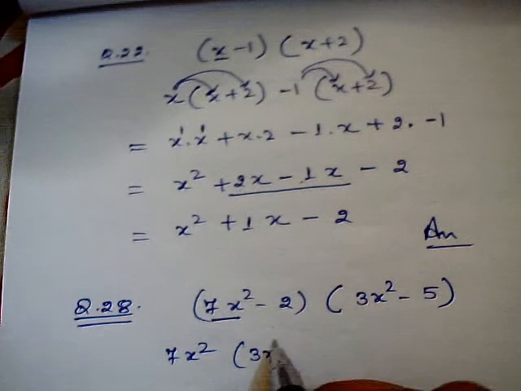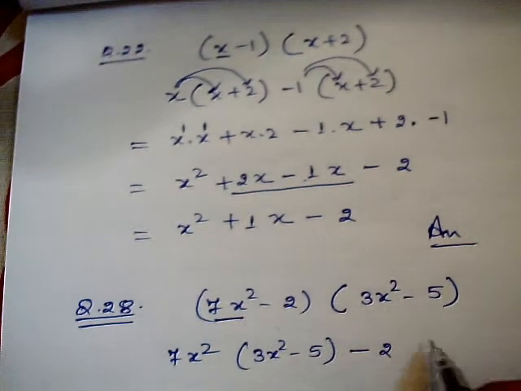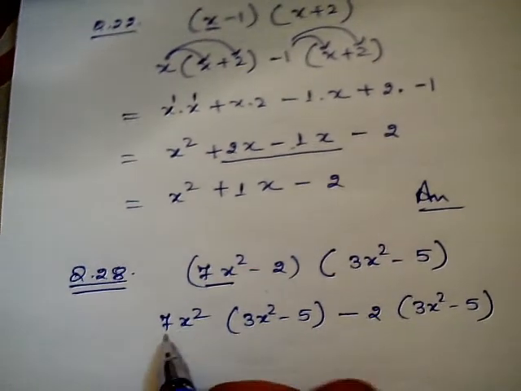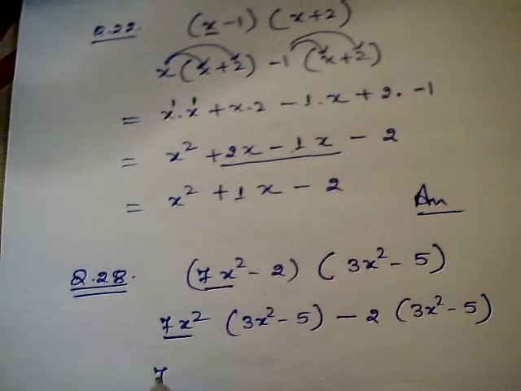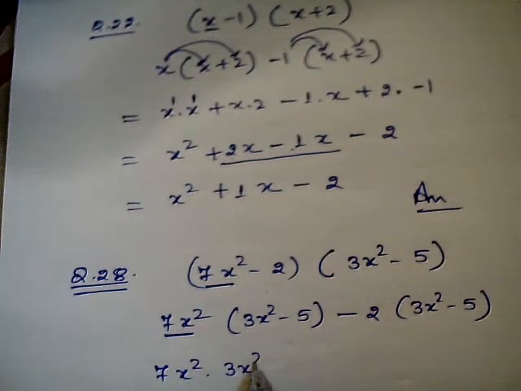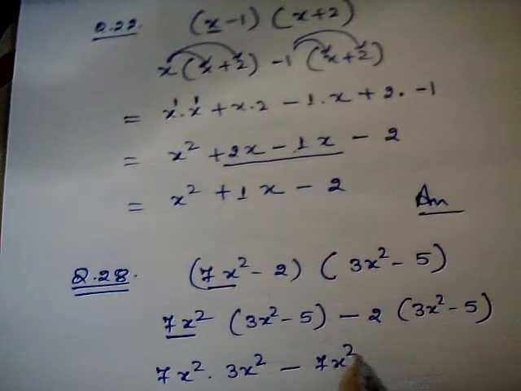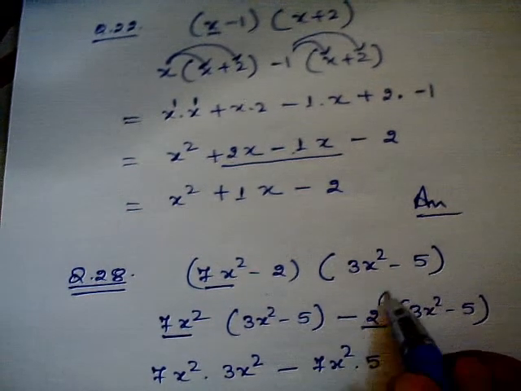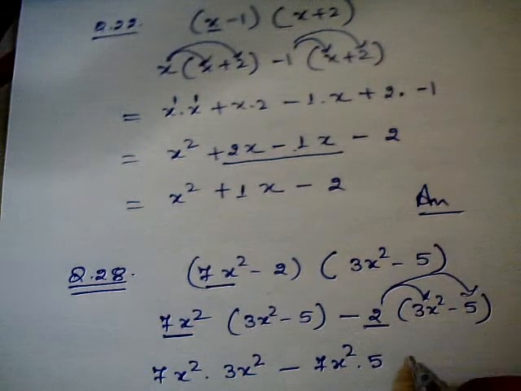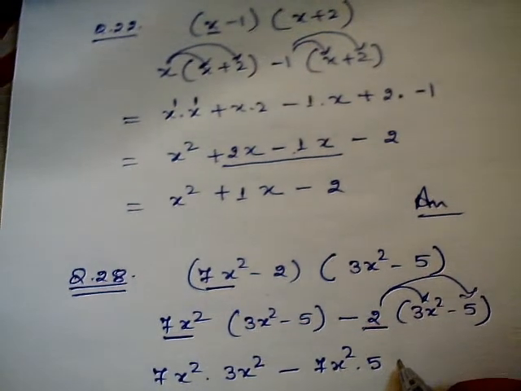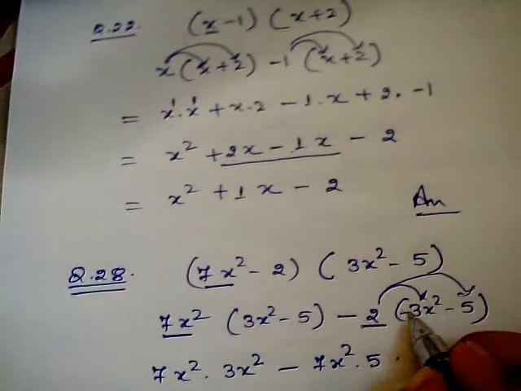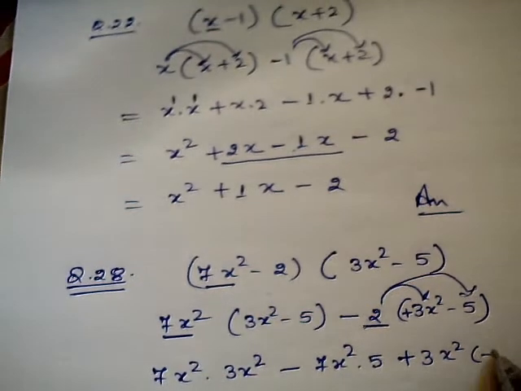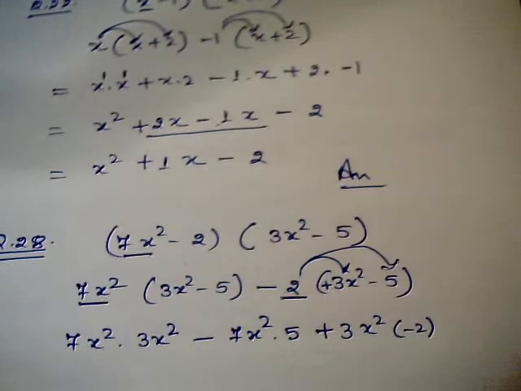Now what I need to do is 7x square times 3x square, then 7x square times -5, correct? Now here -2 is getting distributed, so -2 on this and -2 on this. Okay, see over here this sign is positive, so I'm going to write first that term inside the parenthesis, and this is going to get multiplied with -2. Then I'm going to write -5, which is inside the parenthesis, and then it is getting multiplied by -2, so you will not have any kind of confusion.